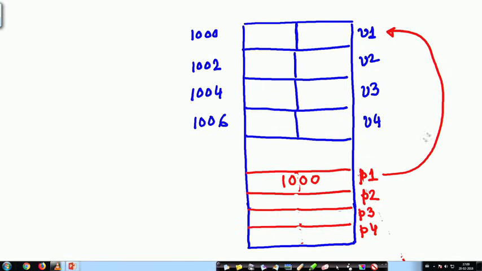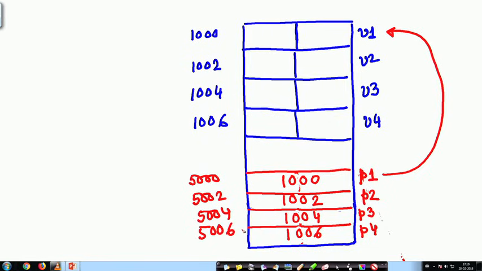P1 is storing that pointer and P2 is 1002, P3 is 1004 and P4 is 1006. Now, these locations also have got addresses. Suppose these addresses are 5000, 5002, 5004 and 5006.